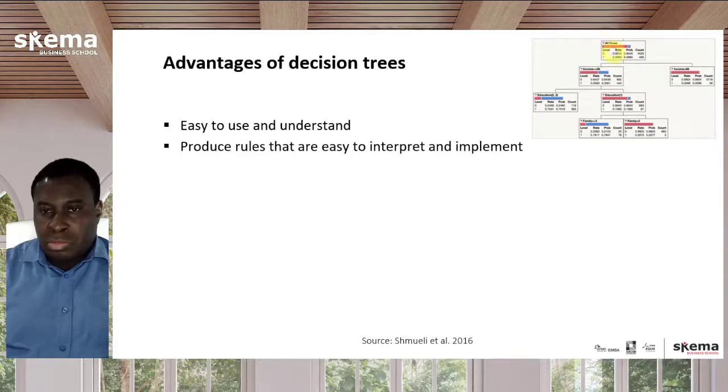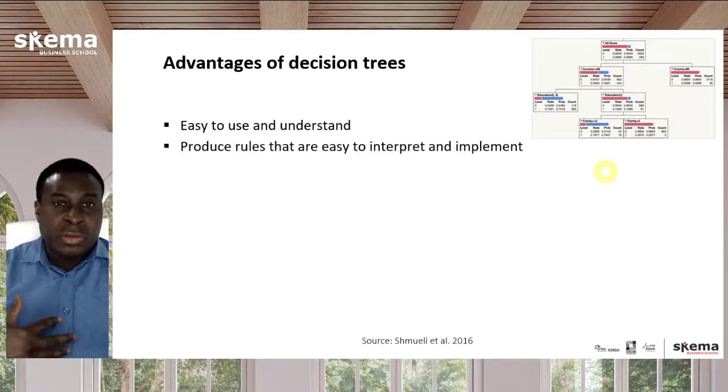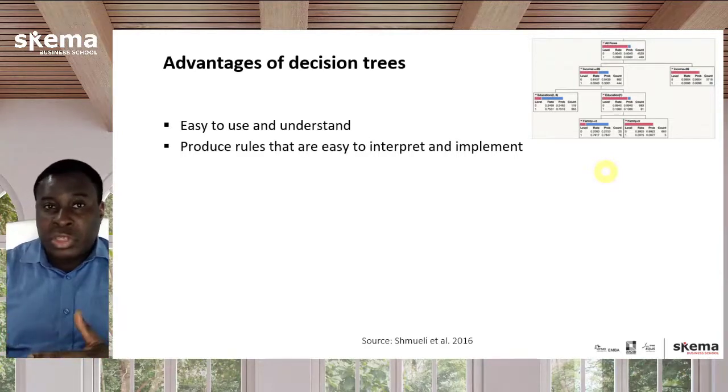So they're an upside down tree that splits based on decisions and goes step by step, and especially shallow decision trees that are not too deep, like this one here is just 4 levels deep. It is quite easy to interpret and implement them. Now, this is actually very important from a managerial perspective because you might be someone who creates decision trees using some basic tools, but you're probably bringing these results to your manager who probably does not understand decision trees